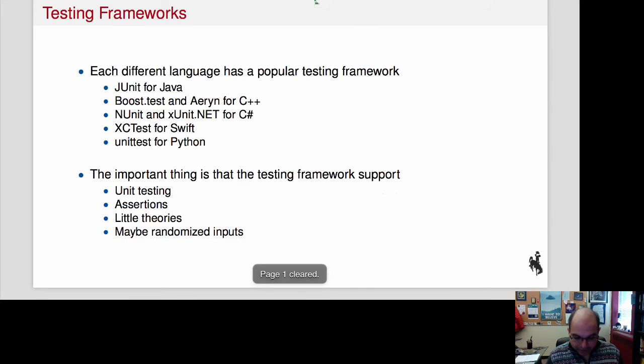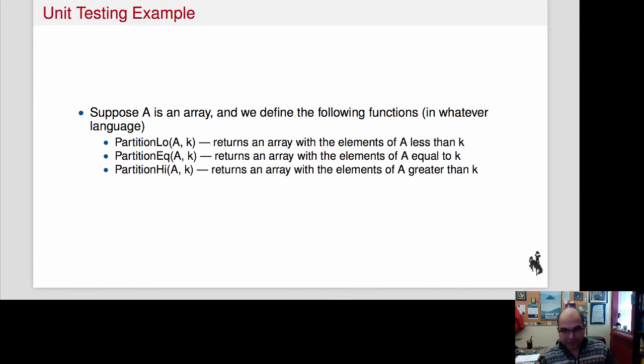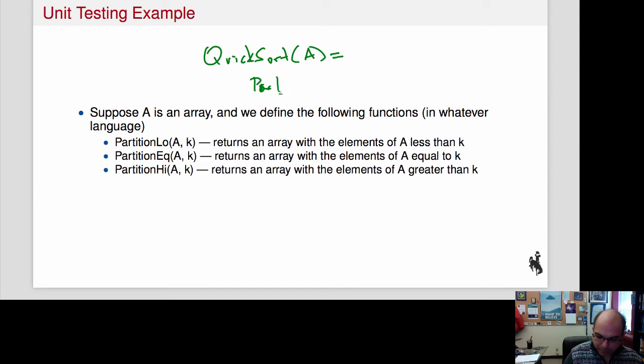All right, now let's just do a simple example, okay? And this is supposed to be reminiscent of sorting, right? So you may have seen Quicksort, and what we have in Quicksort is that we take some array A, and then what we return is actually three things that are kind of combined. So we return the partition low